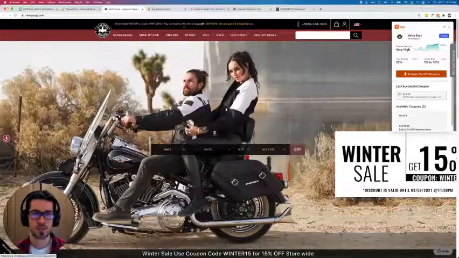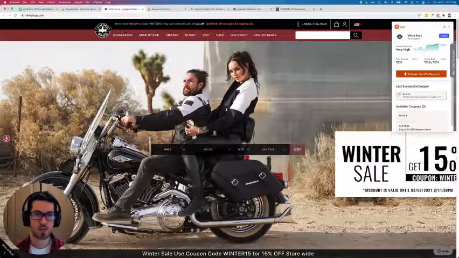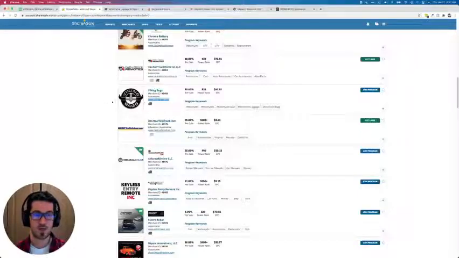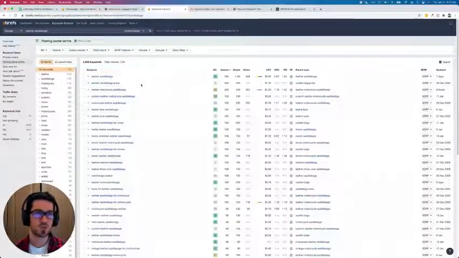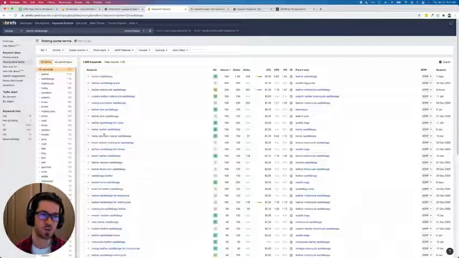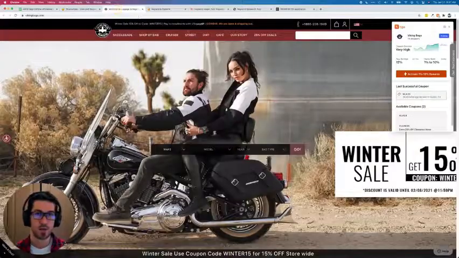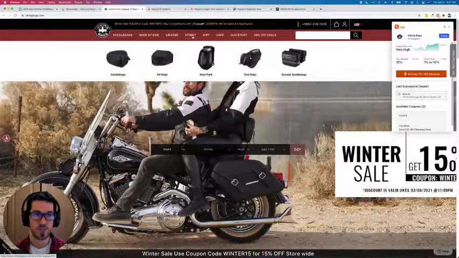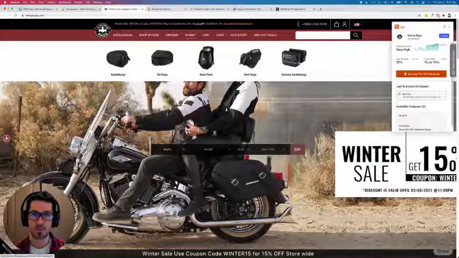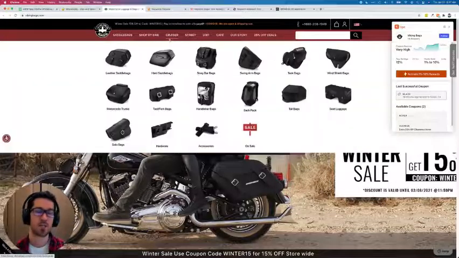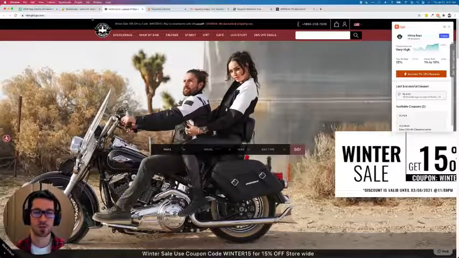But this just gives you some idea of how simple the process is. I started out with a brand, just a couple minutes, selected a brand, and then just went to our keyword tool, pulled, and I was doing this for real. I just export these lists of keywords, build a list of several thousand keywords, and we can build individual sites around each one of these sets of keywords, like one just about leather saddlebags, one about tail bags, one about backpacks, tank bags, scooter bags, like individual sites about each one of these, and build just